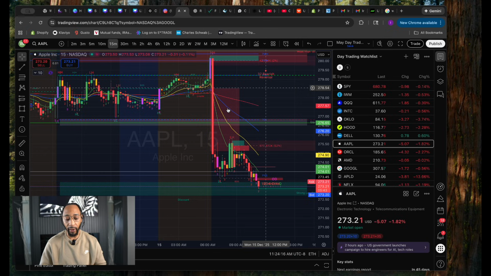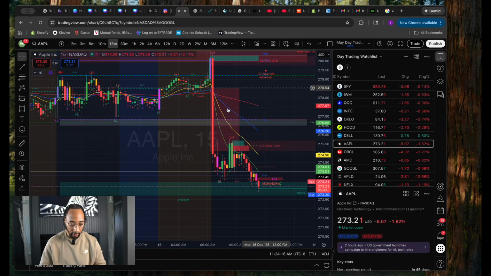But we have a lot of fair value gaps here, that is where buyers are at. So it's probably going to end up going back up, and it's going to try to break through this fair value gap here, which is once again an area of liquidity. All right. Look at APLD. APLD, they could not get back to this fair value gap right here. They rejected off of this fair value gap, came right back down. So these areas of liquidity either keep stocks down or they help them go to the upside, okay? This is paramount for you guys to understand, all right?